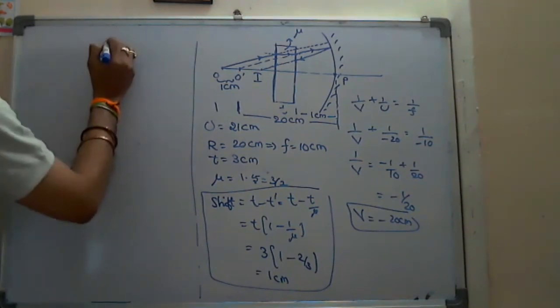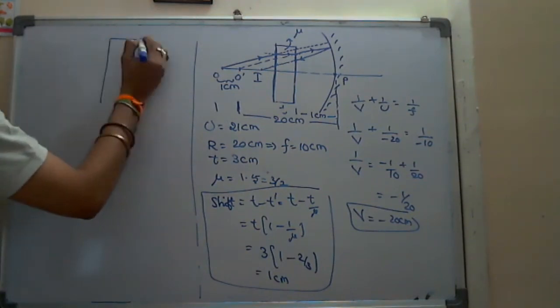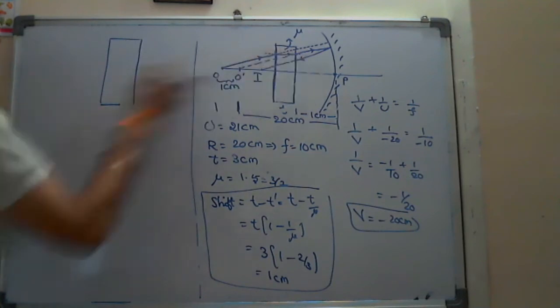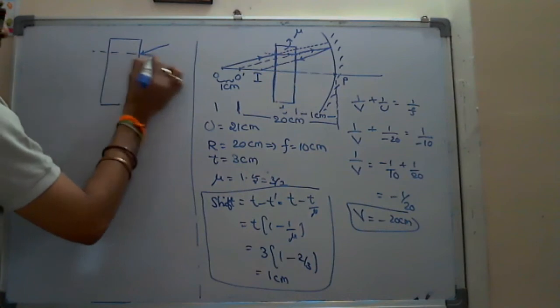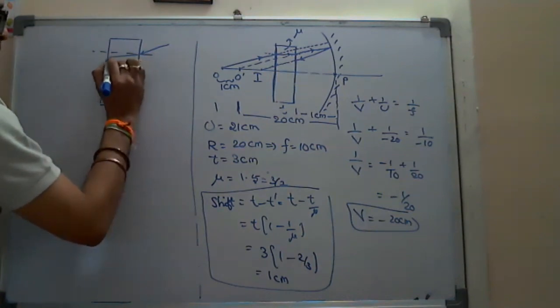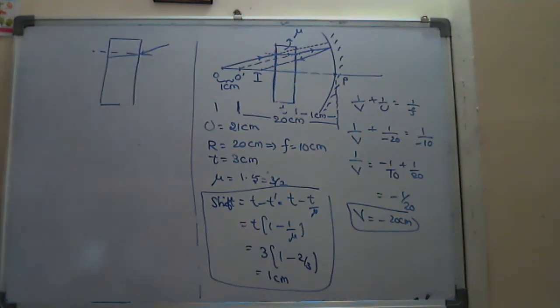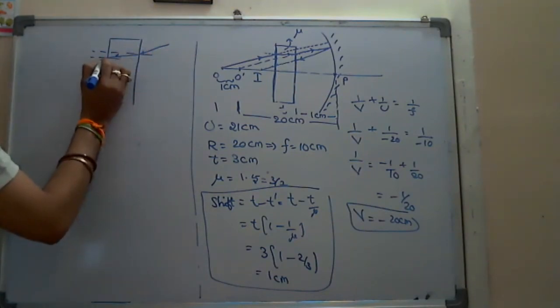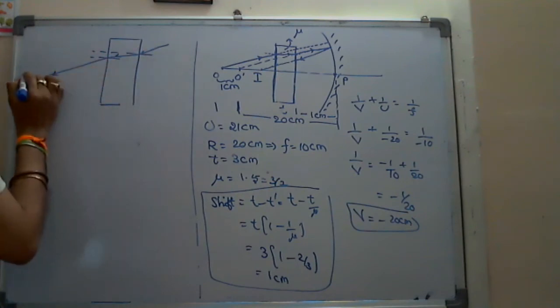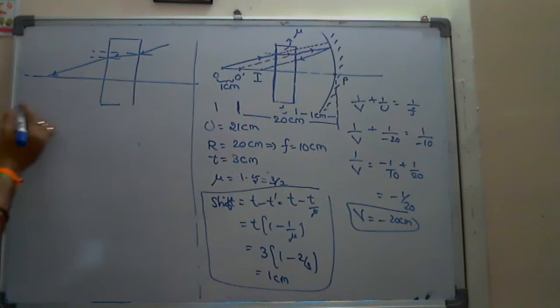There you see, this is the glass slab what I placed in the path. After reflection, the light ray is coming like this. And here it is the normal, it bends towards the normal. And finally, here again it bends away from the normal. Parallel to this light ray, it will try to come out. It is the supposed principal axis.